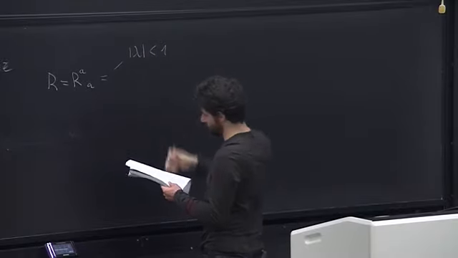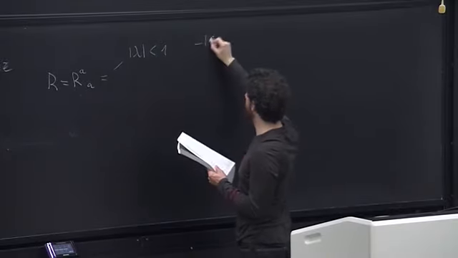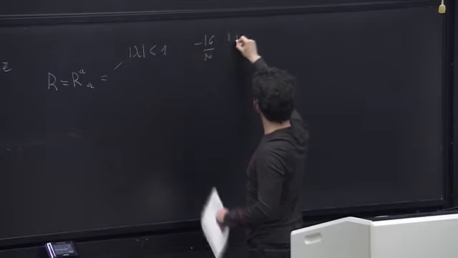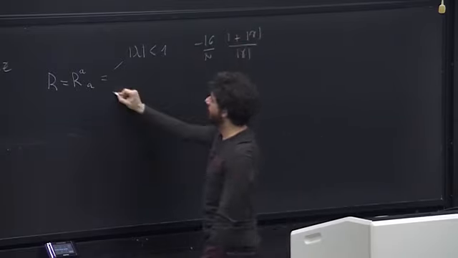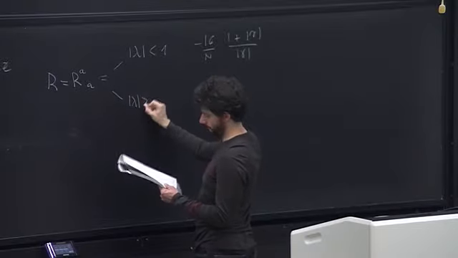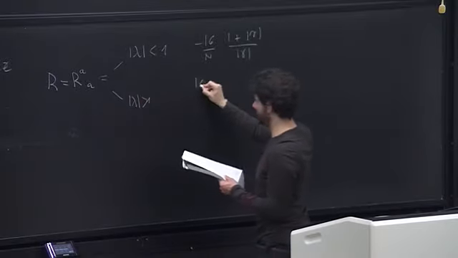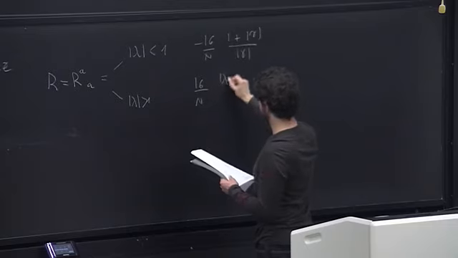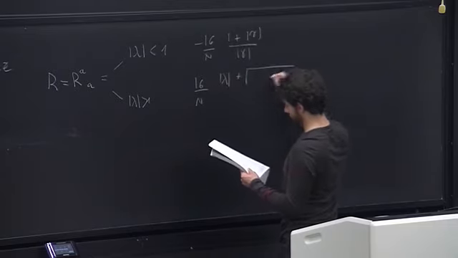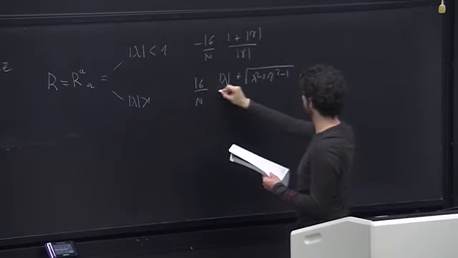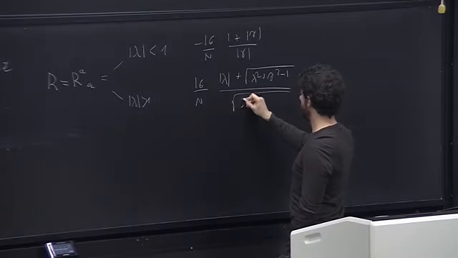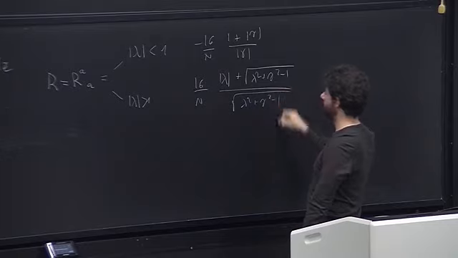For lambda smaller than 1, we get minus 16 over n, 1 plus gamma over gamma. And for lambda greater than 1, we get 16 over n, lambda plus